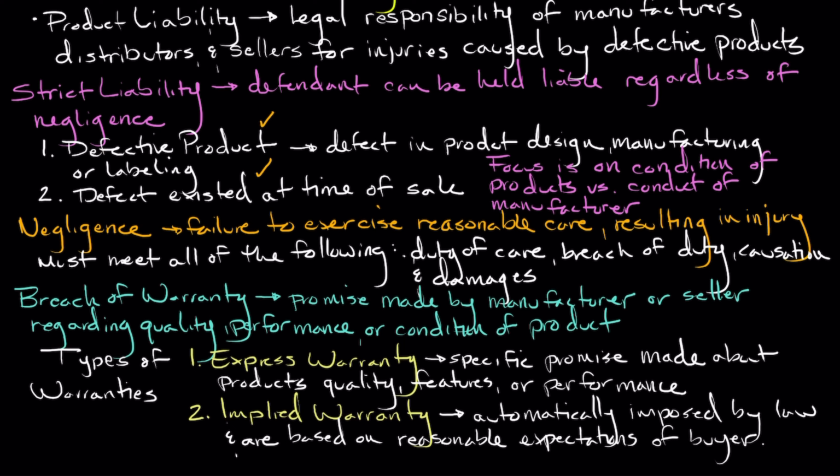As we wrap up this lecture, I want to reiterate that the theories of product liability, which include strict liability, negligence, and breach of warranty, provide avenues for individuals harmed by defective products to seek compensation. By understanding these theories and elements, we can gain some really valuable insights into the legal principles that protect consumers